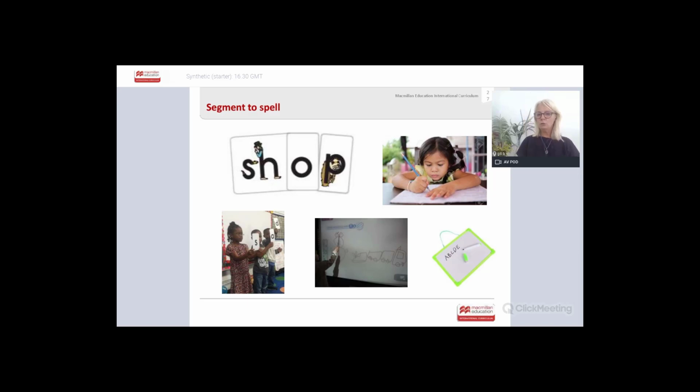That's another very useful way to use our technology. Don't just keep it for us as the teacher. Let the children have access to it. It's very powerful. Here, the little girl is more traditionally sitting at a table. Looks like it's too high for her to me, but you get the idea that she's perhaps trying to write some words. And these interactive whiteboards, again, they are very popular in classrooms now, but be careful because you don't